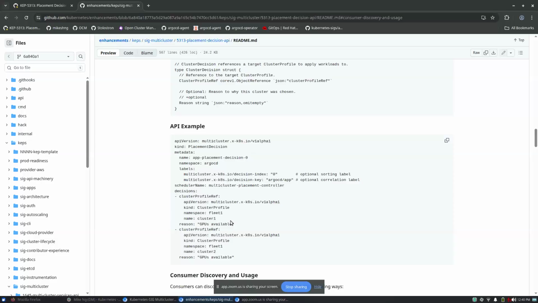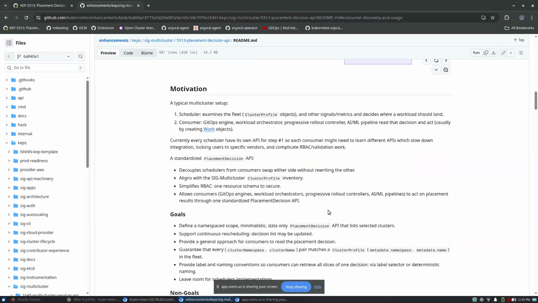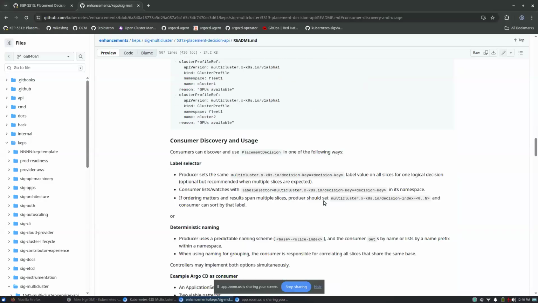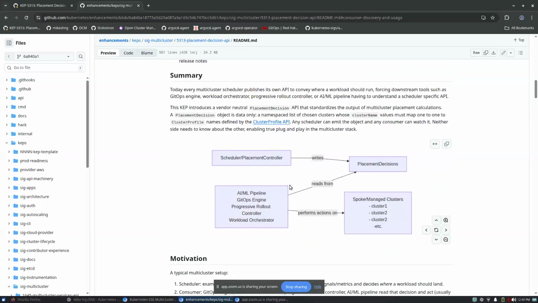They do not have the scheduler themselves, and they do not need to know what the scheduler is, because all they care about is that they have a certain workload, whether it's an app or GitOps or whatever, and they just need to know where to place it.